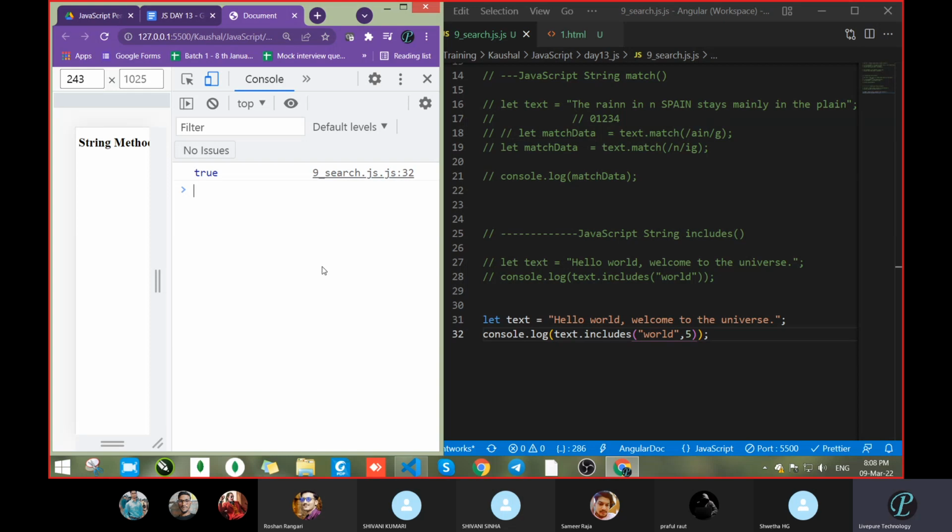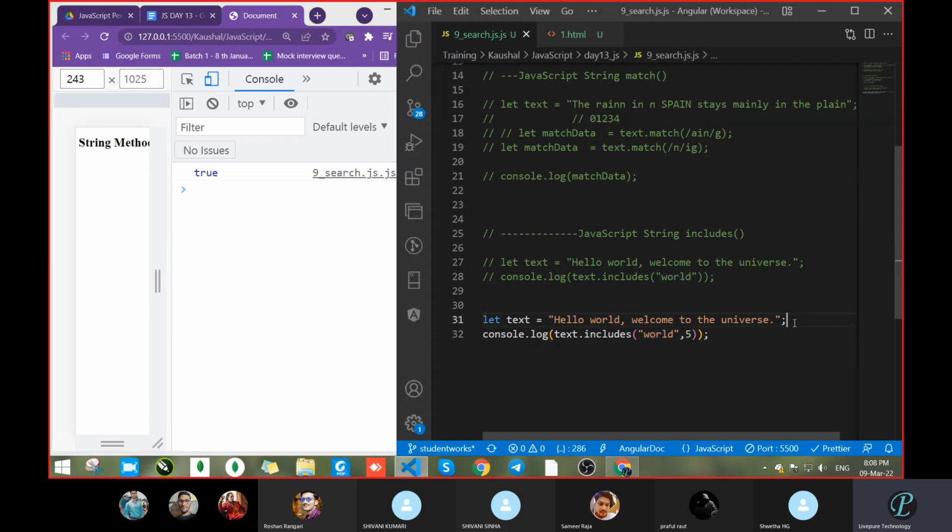Yeah, in indexOf we had passed the parameter. So the same thing it will do. It will search for world. From which index is world available actually? 0, 1, 2, 3, 4, 5, 6. So it is available at 6. So up to 5, it's fine. Let's pass 6 and save. What happened? It's true. Fine. Let's pass 7 and save. So it becomes false. Clear? It starts searching world, but when it does not get it, it gives you false.